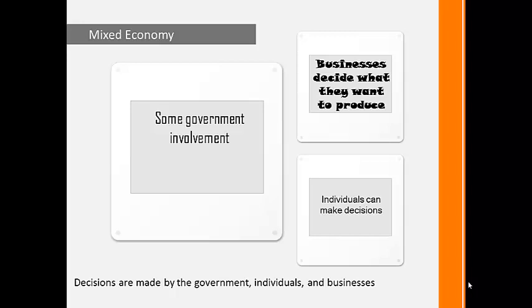There are labor laws that determine what age people can start working and the minimum wage they can earn. The U.S. government provides social programs for those who need help, such as welfare and Medicaid for the poor and Medicare for the elderly. Since it is a mixed economy, some people think it's too close to a pure market economy, and other people think it's too close to a command economy.